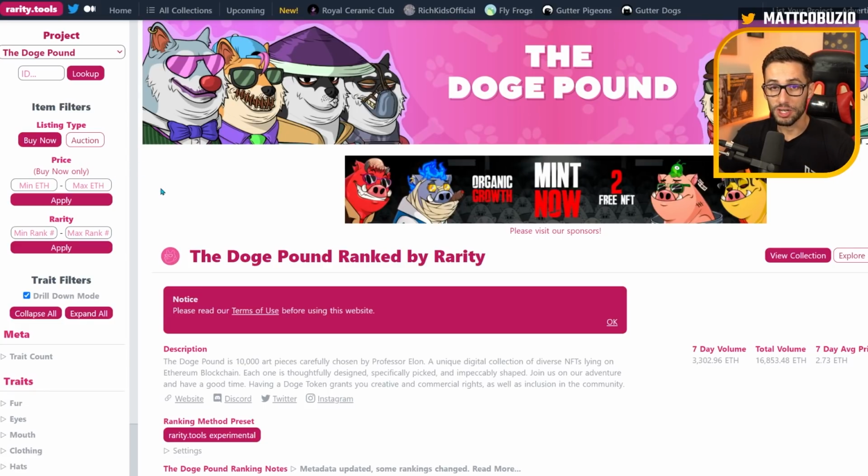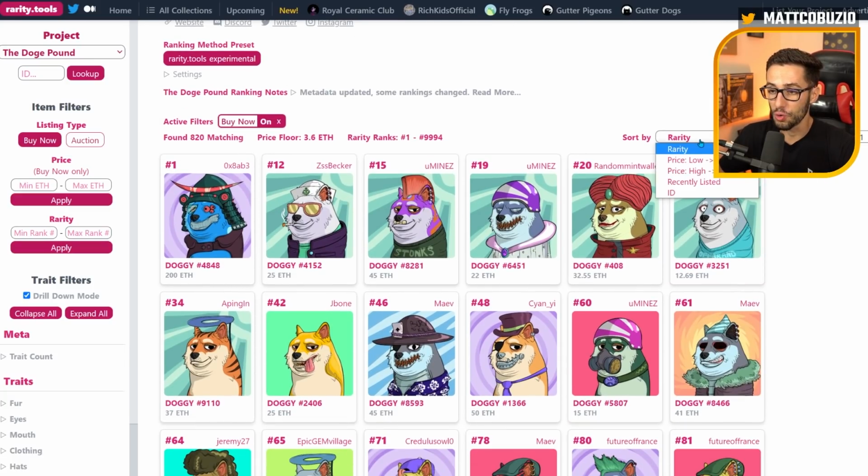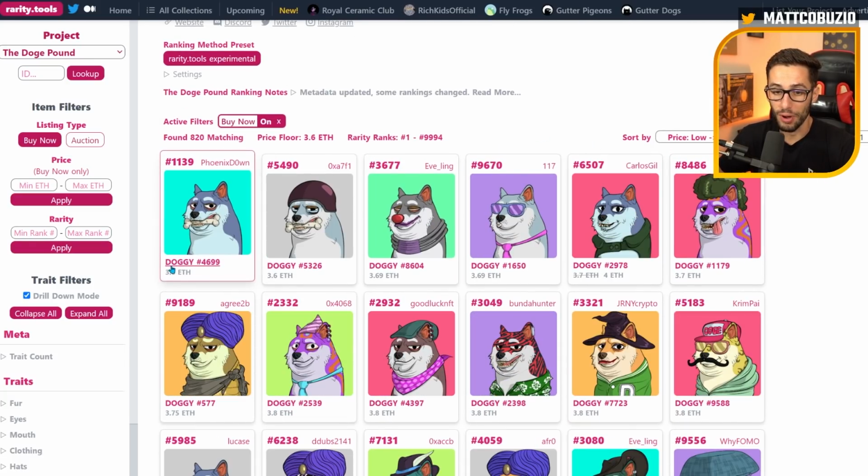So the first tip here on this tool, the way I find really great deals is I go and say, okay, I want to buy an NFT from this project off the floor, but I want to see if I can get one that's a bit more rare, that might have a bit more value. I go over and highlight buy now to make sure that all the things that are showing up are actually for sale. Then I would scroll down and sort by low to high to see the prices that are lowest first,